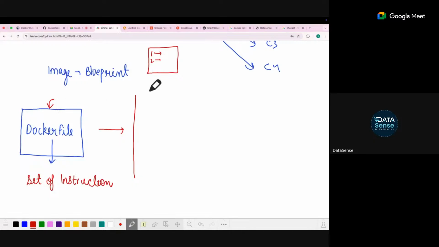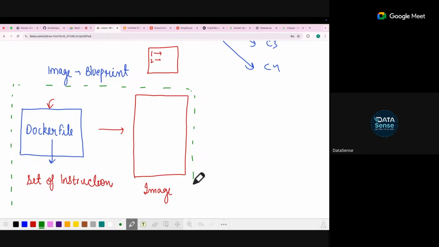Once you execute those steps, that becomes your image. Your application is still not running. What you have created so far is called creating images, and you're basically creating a blueprint for your application.